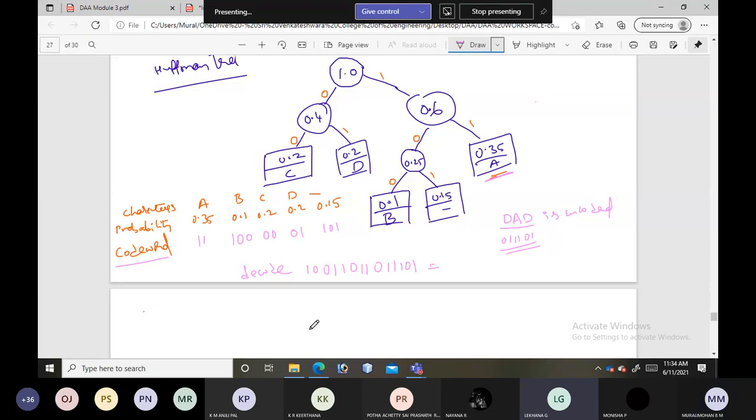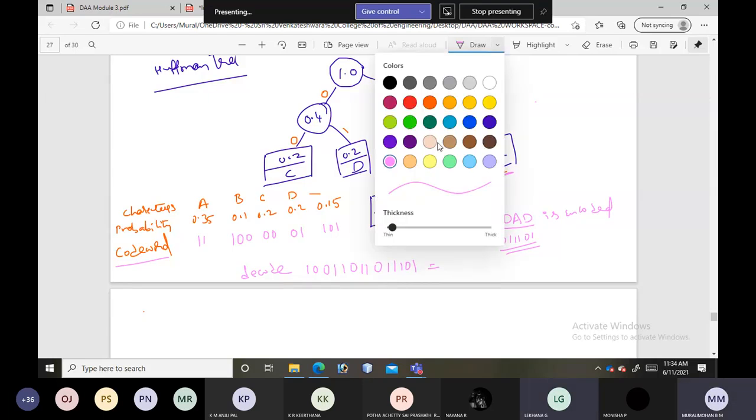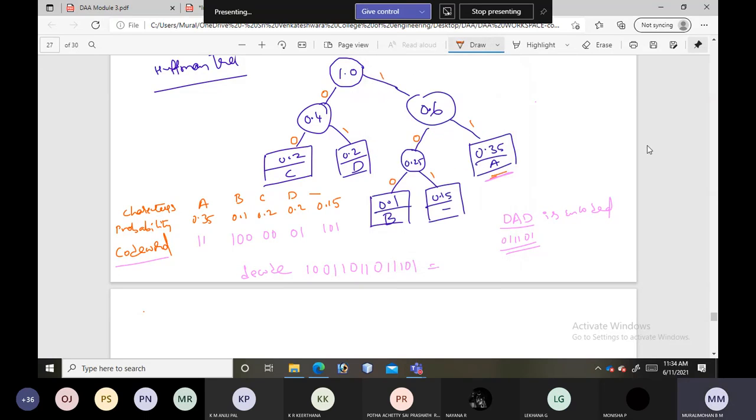BAD underscore AD. Is it right? Yes, sir. So it is BAD AD.